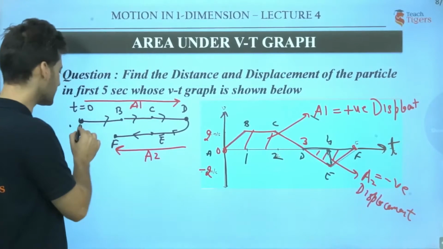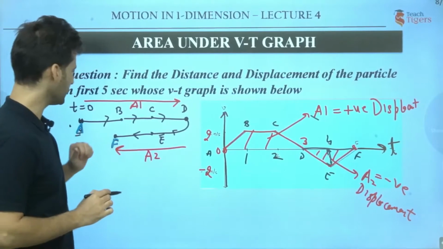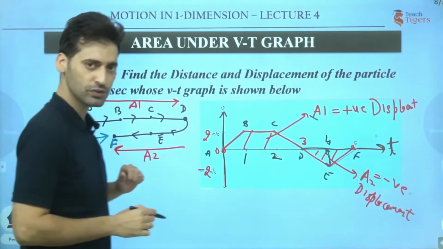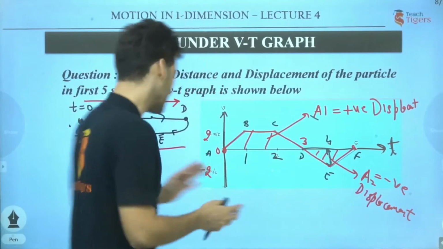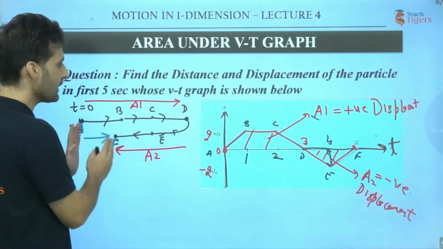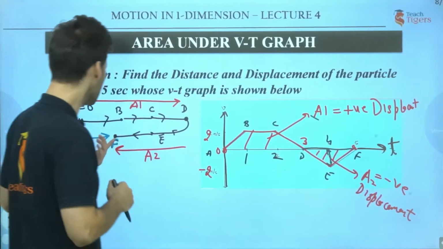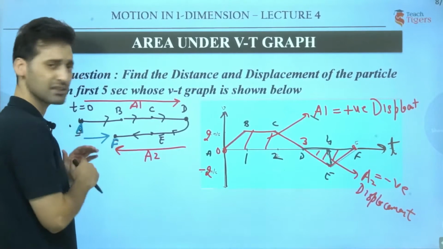So here is our initial point A and this is our final point F. What we need to do here is draw the vector. This is our displacement. This is how you do it. Displacement is a vector drawn from initial to final point. Here it is. And if there is a vector, how do we calculate its magnitude? You just need to calculate the length of this vector, isn't it?